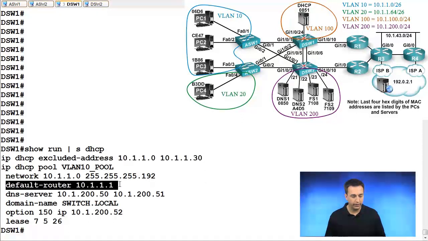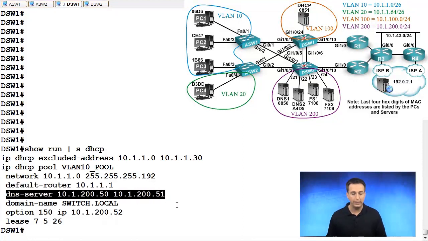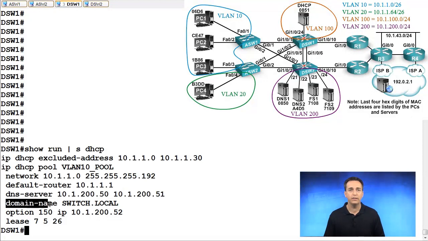We can see here from the configurations that the default router is going to be given out as 10.111, and that's also the IP address associated with interface VLAN 10 on DSW1, so it is the default gateway. This DHCP server will be handing out these two IP addresses for the DNS servers, which are DNS1 and DNS2 in VLAN 200. It's going to be identifying the domain name as well, which is switch.local, and then also handing